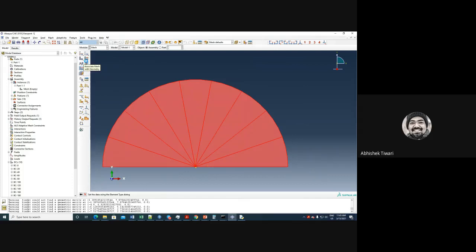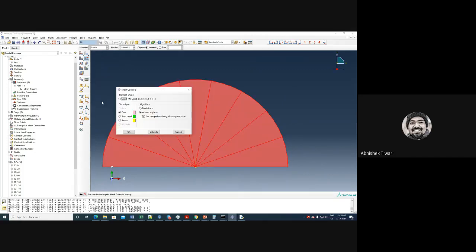So this is, I don't know why it's taking so much time to do this. Okay. And then I want quad only, and this will cause problem because here creating a quadrilateral element will be a big problem for this guy.